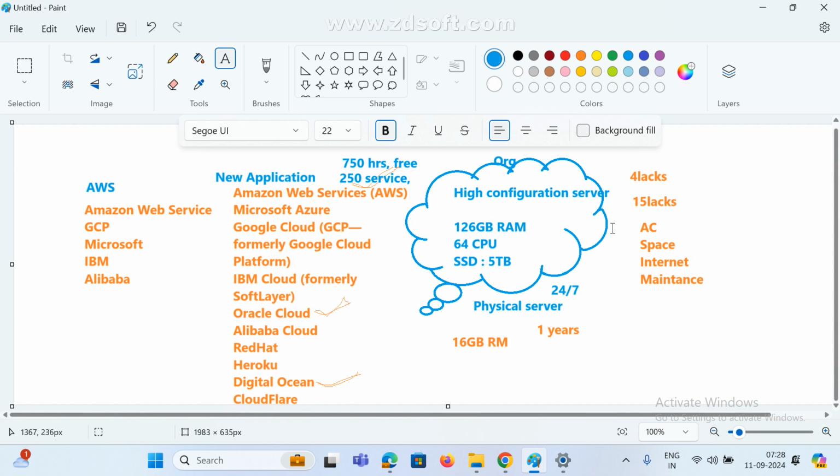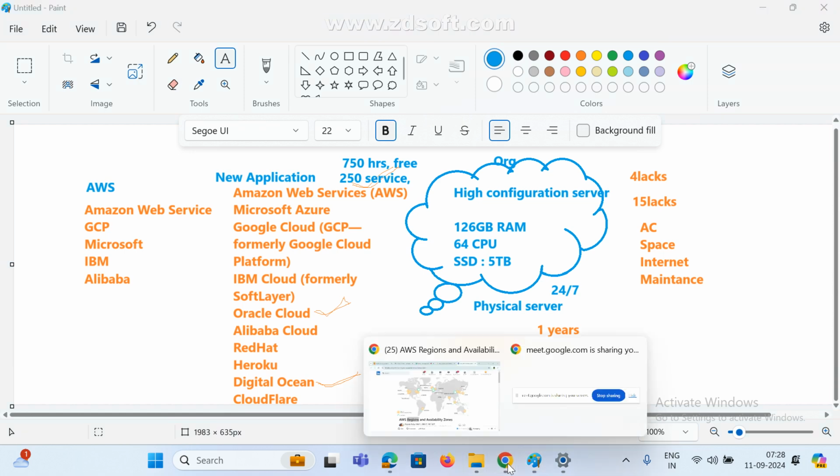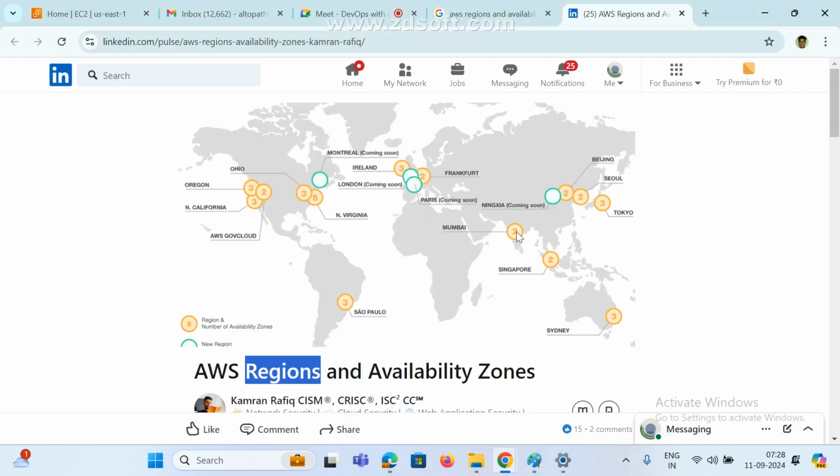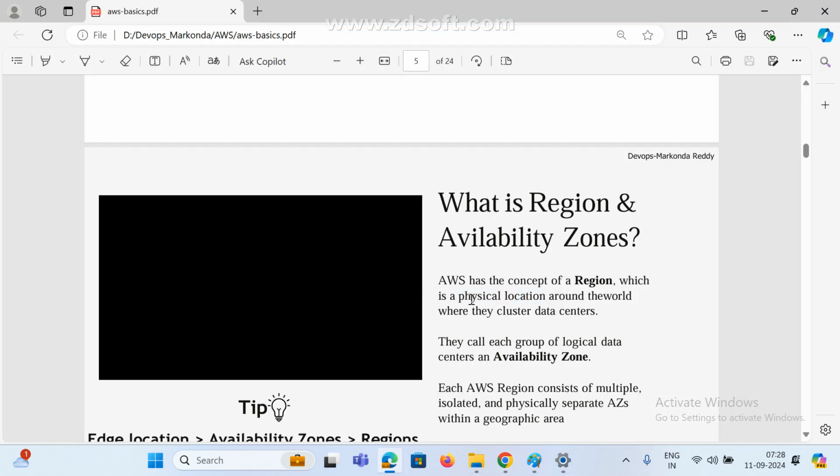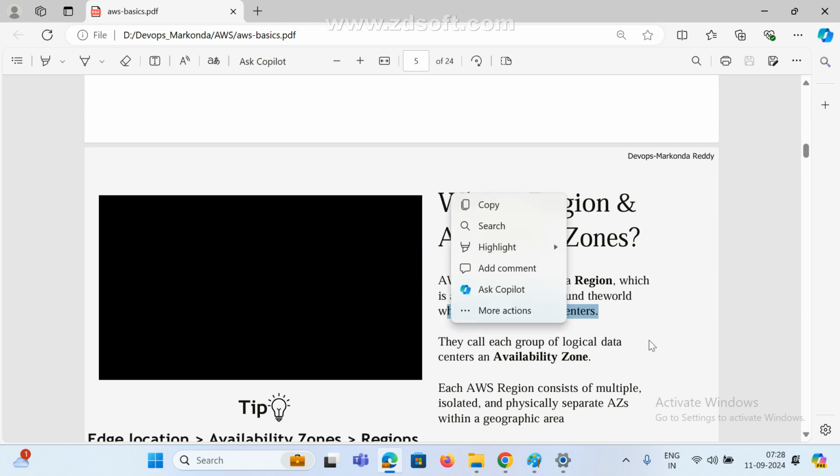A region is simply a physical location around the world where they maintain their clusters of data centers.